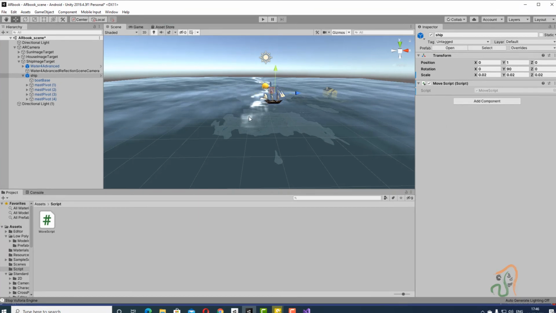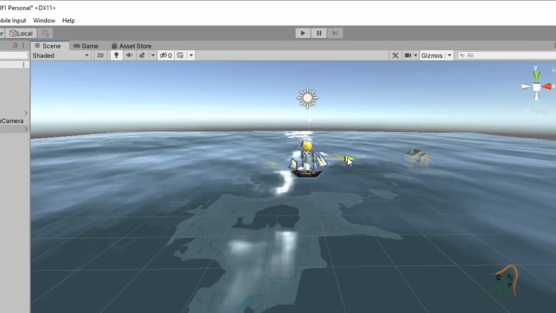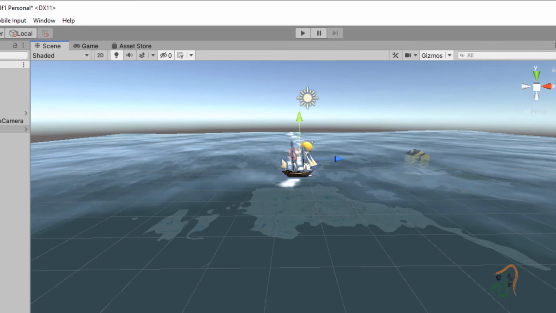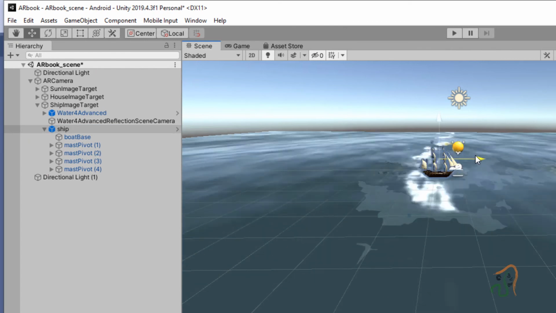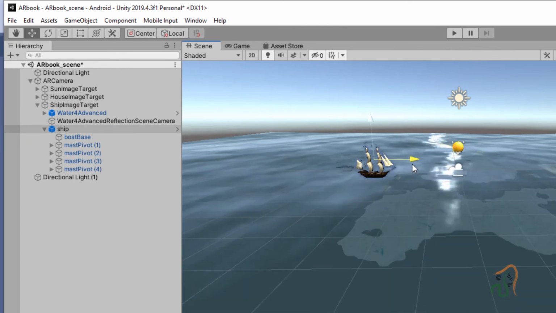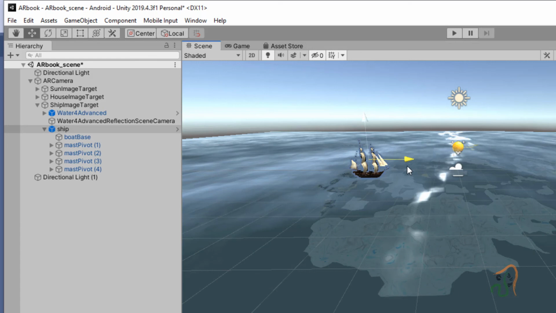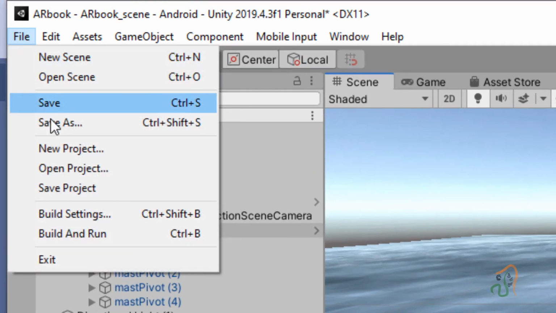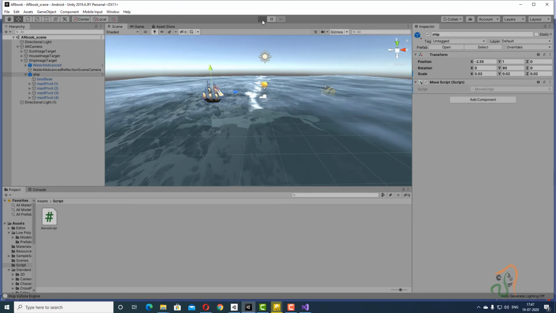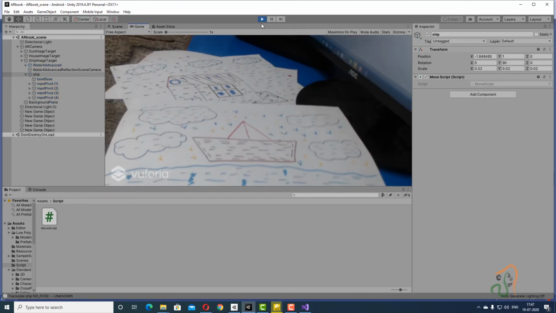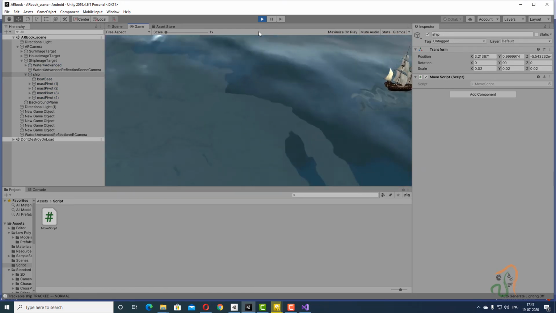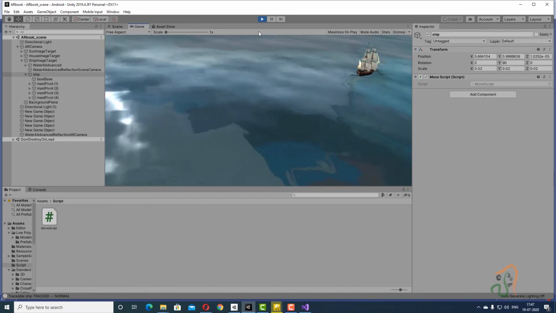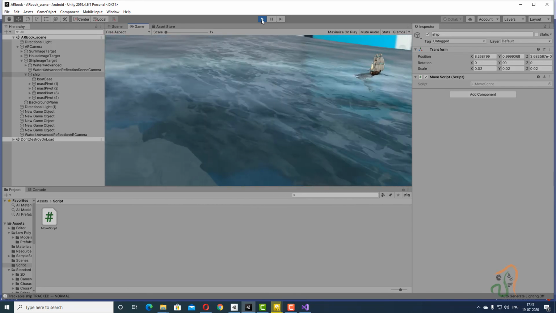Now in the ship, what we shall do is, let us drag this, click Edit, Undo. Now select the shape and drag this ship a little to the left of your screen like this. Now go to File, choose Save, and then press the play button. Okay, so once we click the play button, you can see now the ship is moving, but it is moving away very fast.